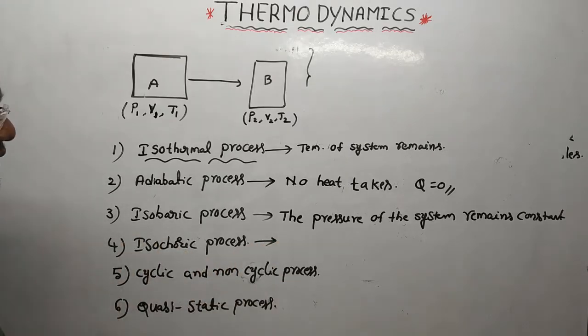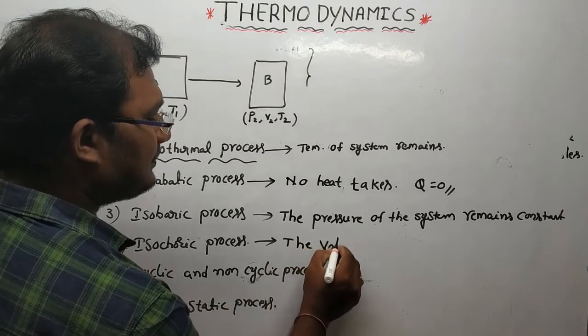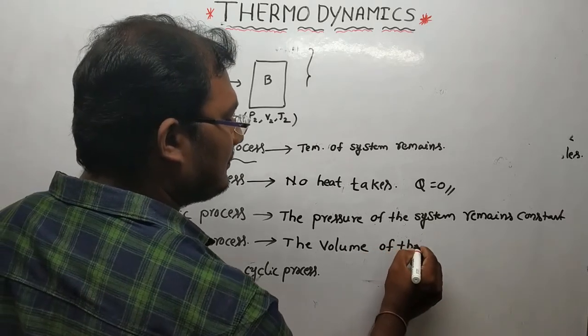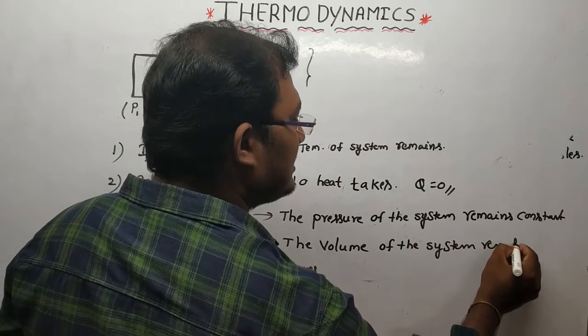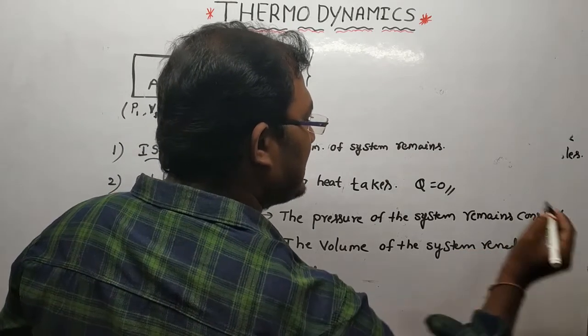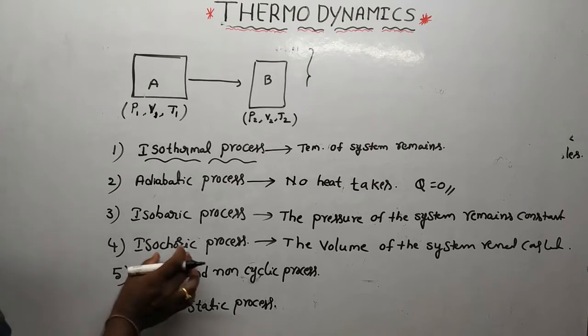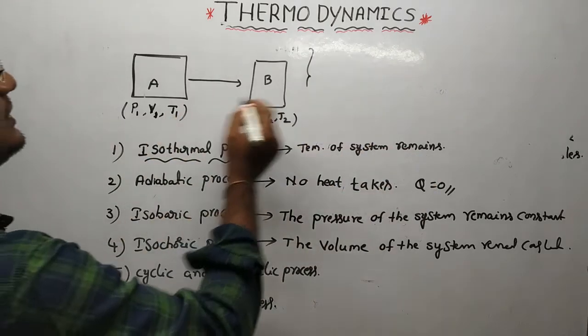Next one, isochoric process. The process in which the volume of the system remains constant, such a process is called isochoric process. Next one, cyclic and non-cyclic. For example, if the system